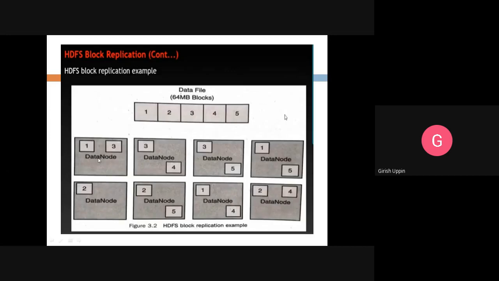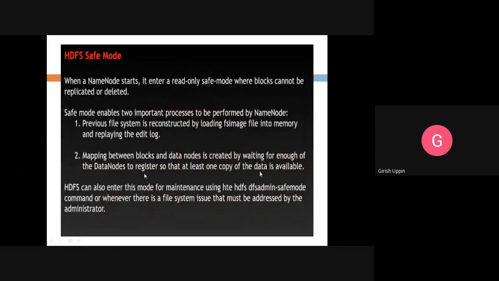In this particular case, if we have 5 nodes, that is 1, 2, 3, 4 and 5, we will have at least one copy of the data. How is this? We have 1, 2, 3, 4 and 5, right? Maybe if we have just 1, 2, 3 and 4 nodes, if they come up, at least we will have one copy of the data. So it will wait until that time.